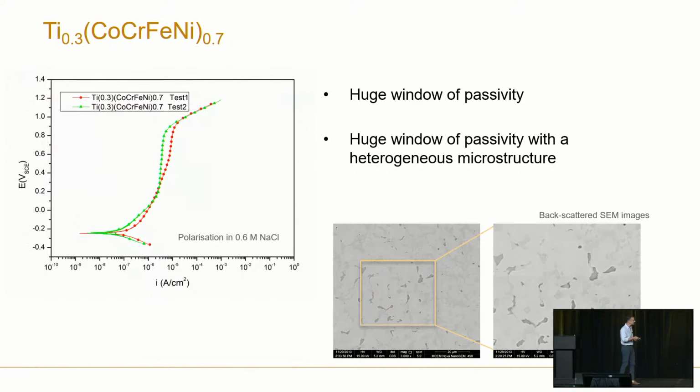So basically what we see here, you can consider this analogous to a tensile test. When you apply a certain potential, equivalent to sort of applying a stress, you measure a certain current, and you could think of that as sort of strain. So by increasing the potential, normally what you'd see if you had a lot of corrosion is you'd see these curves sort of move off to the right and current would increase. But when you don't see that, this sort of flat bit where you have an insensitivity of corrosion to changes in potential is called the passive range or the passive window.